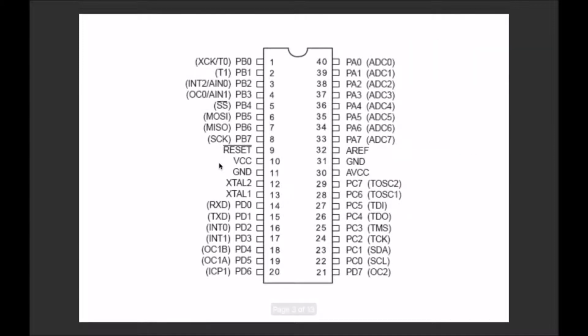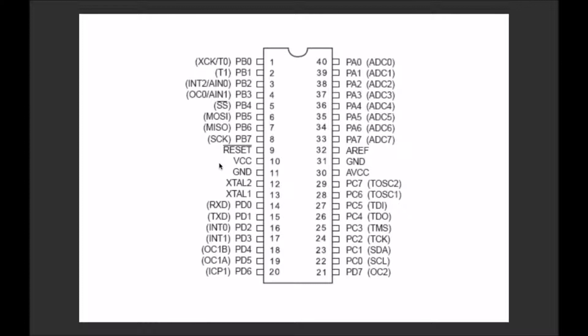So this is the microcontroller ATmega16 or maybe ATmega32. Both of them have the same hardware detail. In this microcontroller, there are three pins: pin number 16, pin number 17, and pin number 3. These three pins are actually INT0, INT1 and INT2.